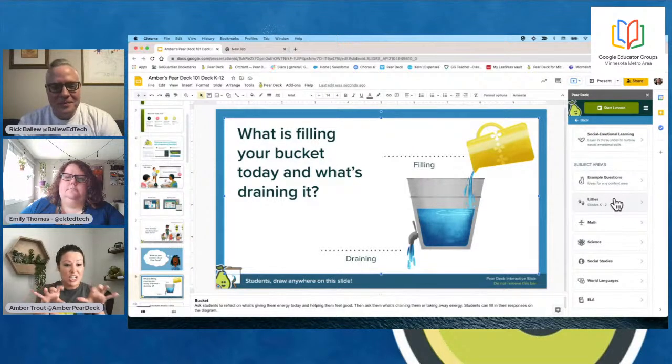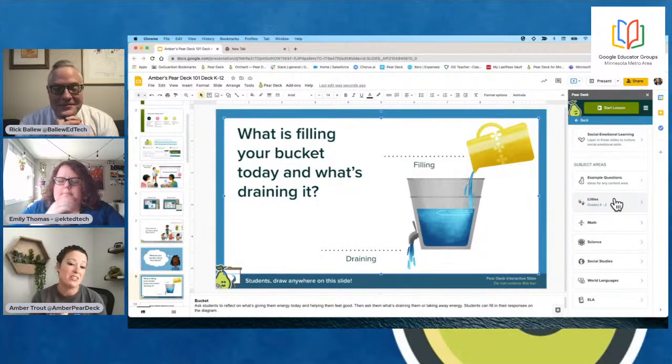So you can just search it, Pear Deck Orchard, but I'll also show you at the very end where you can see all the different ones in there. But just know that you're not limited to what is here. We do have plenty more for you. I always like to point that out because people always think we're limited.